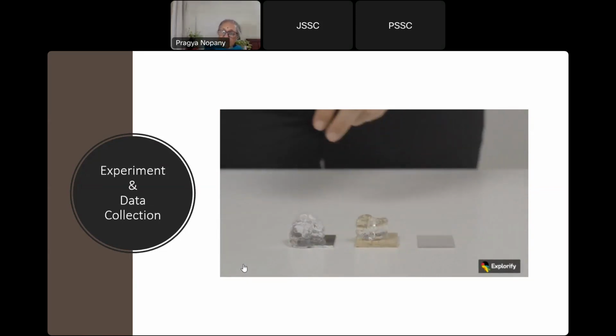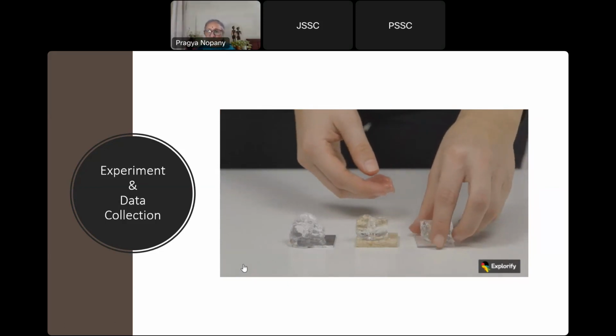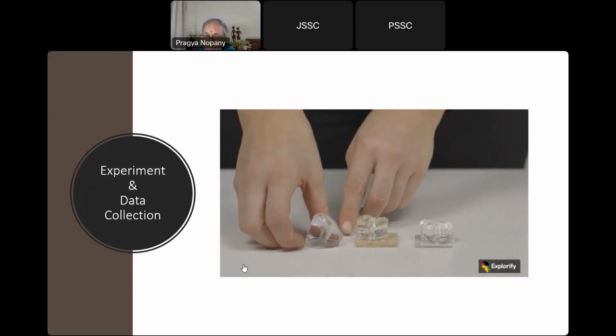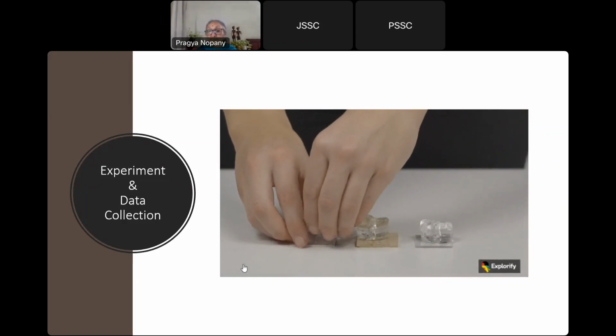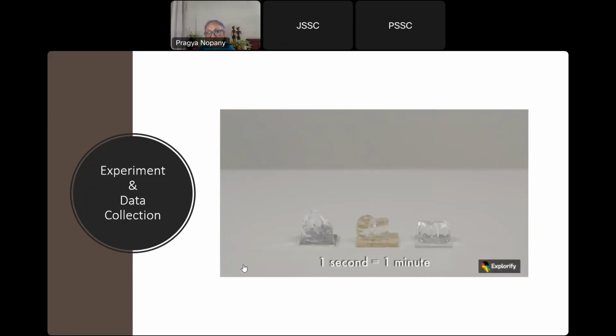And then when they complete this experiment and write down the times taken for the ice to melt completely, can they infer something from that data? That inference making is the most important thing. They have collected the data, but then how do they infer? How do they bring out the conclusion from the data?